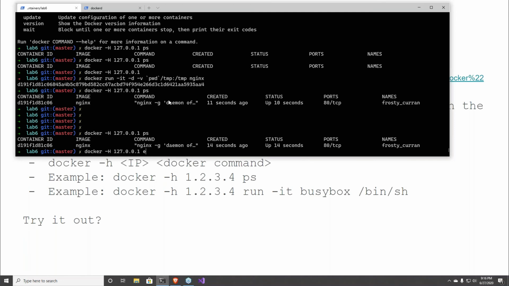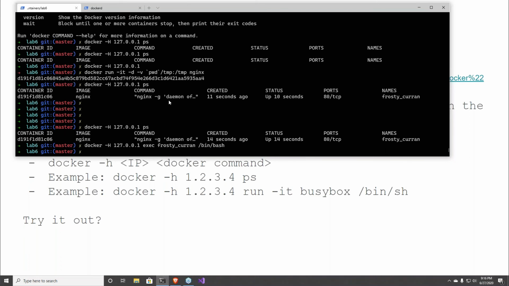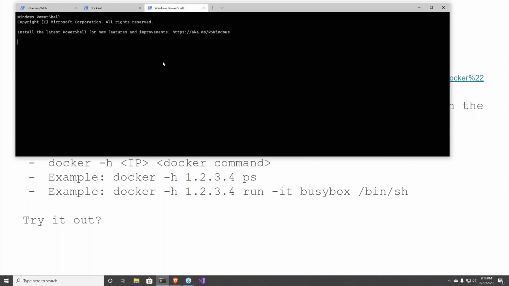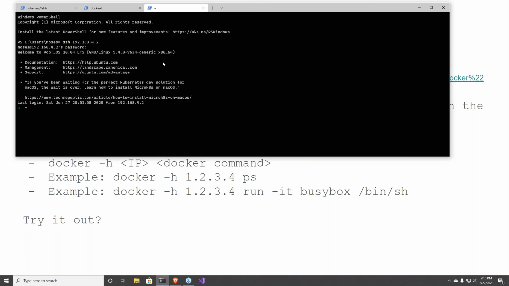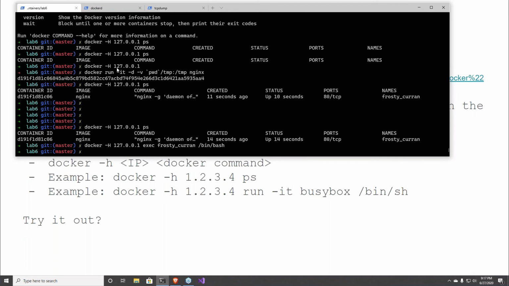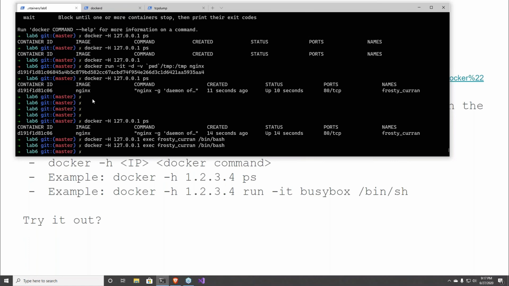Docker exec, frosty curan, bin bash, right? This is running over localhost. And if you really want to prove it, you can go into your box, do a sudo tcpdump on that box, and look at port 2375. Because it's not encrypted, you'll probably see the